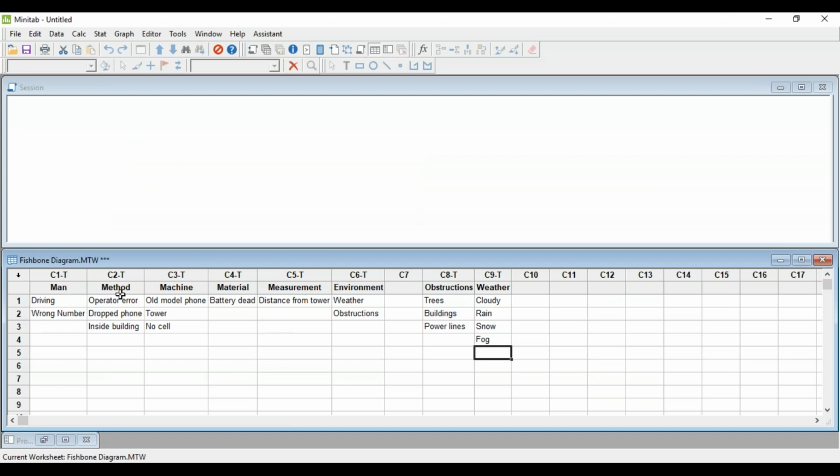And notice how it's set up in Minitab. I have a separate column for each of my categories. And then underneath my column heading are my possible causes. So in man, it's they were driving or they dialed a wrong number and they hung up or whatever. And so each column holds each of my categories and all the possible causes for it. So then to make the diagram,